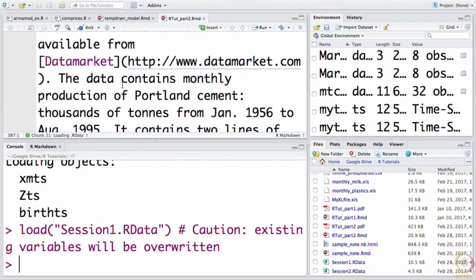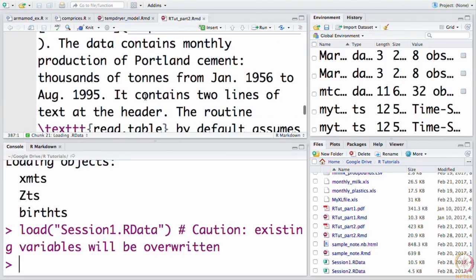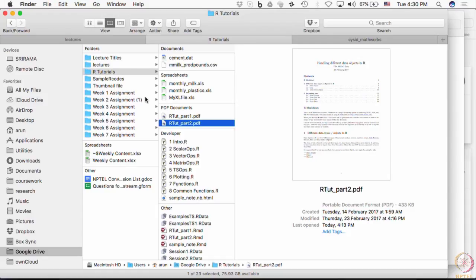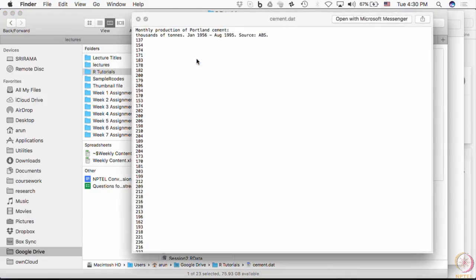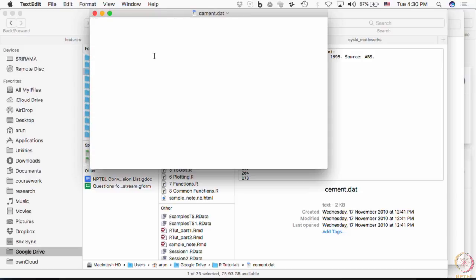So, this data contains monthly production of Portland cement in thousands of tons from January 1956 to August 1995. Now, if I open the cement.dat file, I do not know, let me open this for you, right.